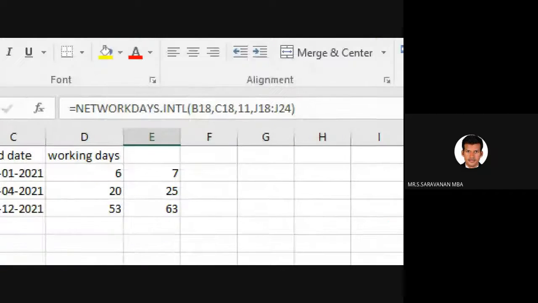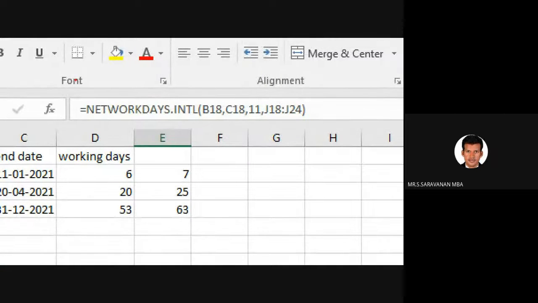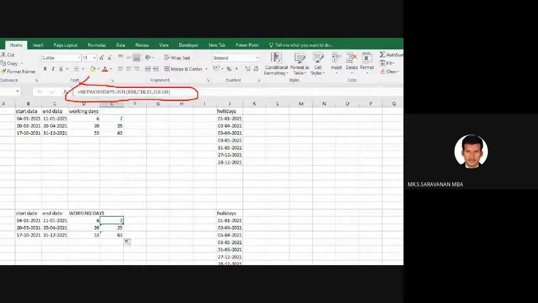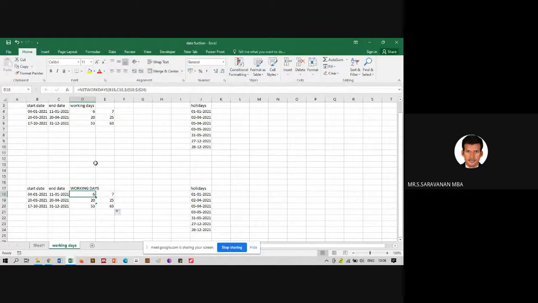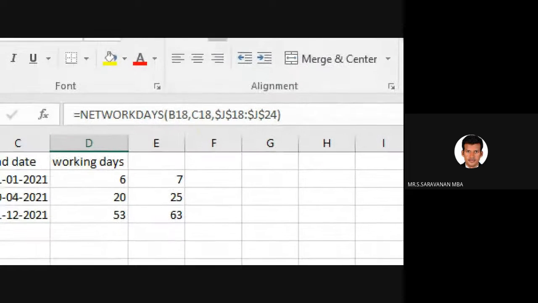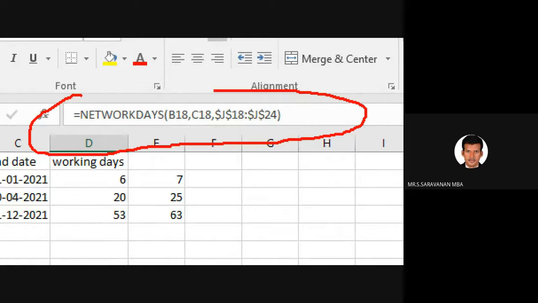See, the formula is this. Formula is this. This is including Saturday. So this formula is including Saturday. This one is not including Saturday.